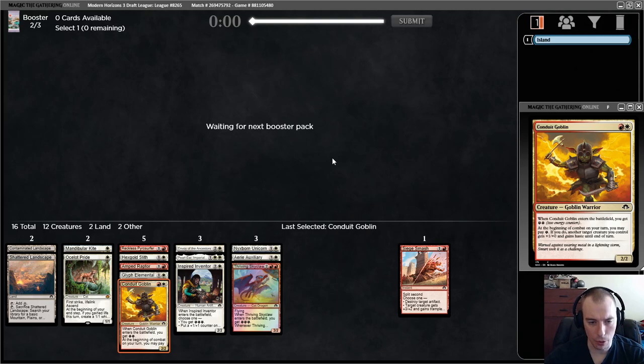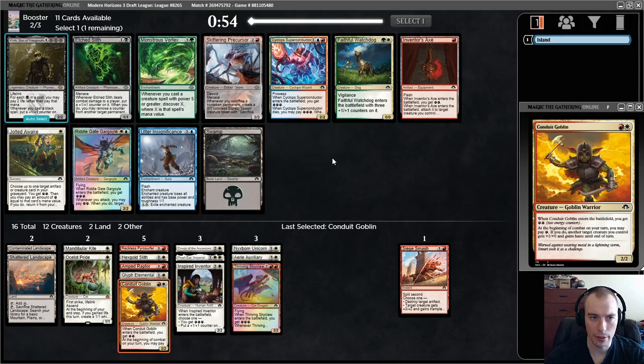I feel like just getting some 2s is really, really nice. I don't know, maybe I could have considered that this would wheel because it is a gold card that, you know, you specifically need to be red-white. It doesn't look like a lot of people are drafting white, so...